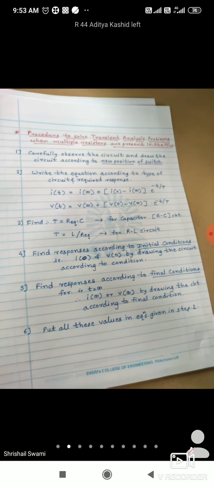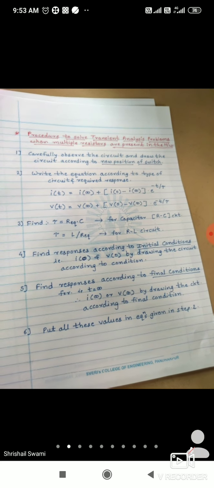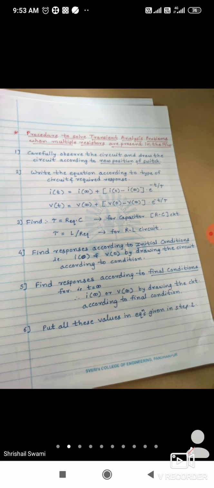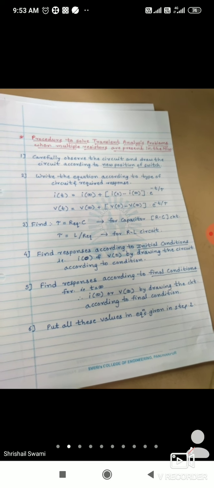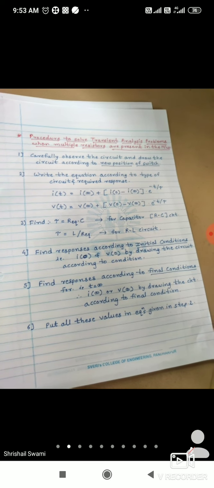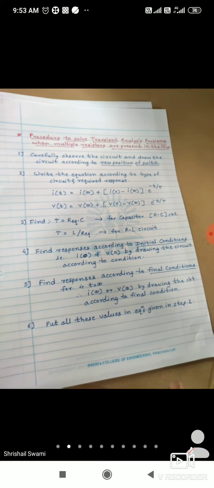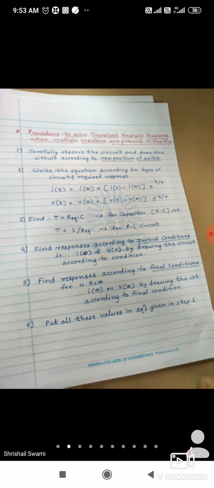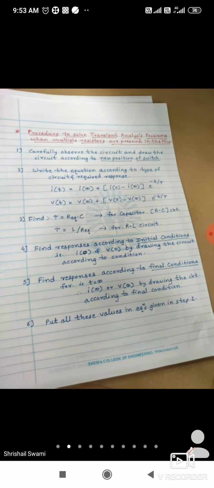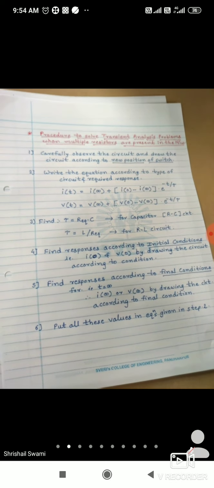Second, the part after L, L meaning inductor, and capacitor. Apart from that, you can find the R equivalent. While finding R equivalent, from which side to look and from which side to measure depends on the nature of the circuit. Do you understand? When we solve the problems, we can get the idea of how to find the R equivalent. So we'll solve yesterday's problem.